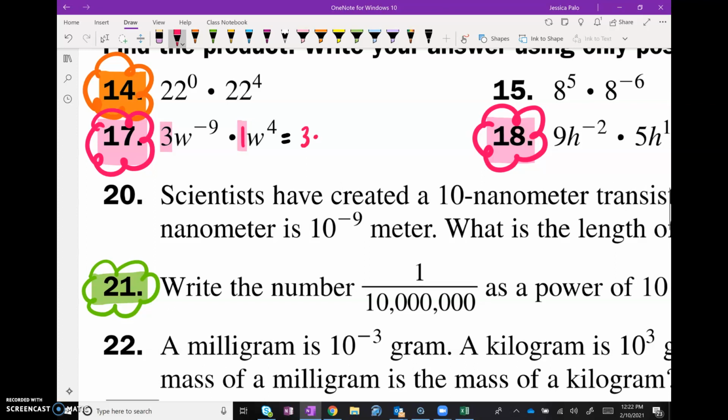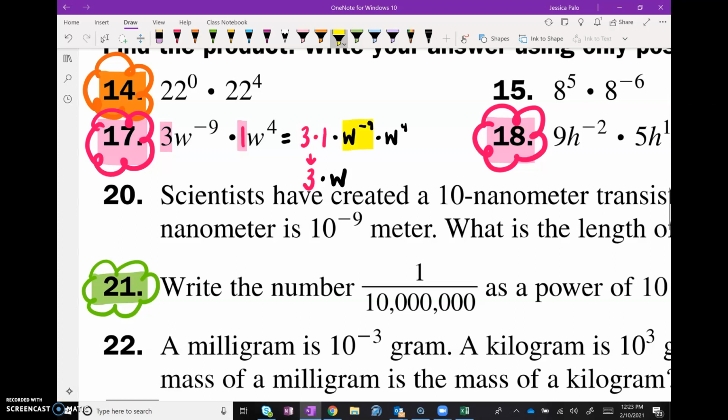3 times 1 times w to the -9 times w to the 4th power. Once you're to this point, we can simplify our coefficients. 3 times 1, that's 3. So we're going to bring down our 3, and now we are going to use the product of powers property